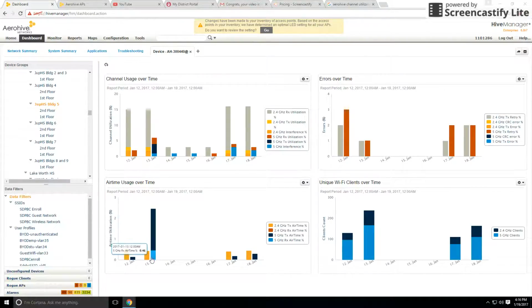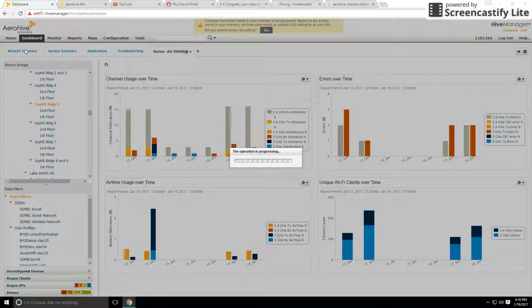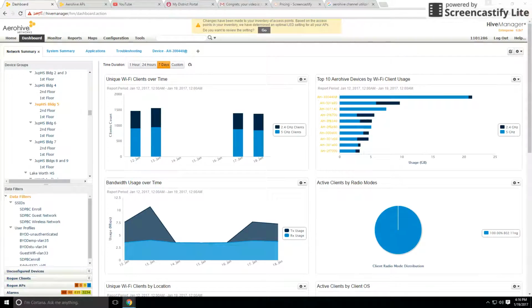lot of utilization on the 13th, January, Friday 13th. It's also backed up by the fact that we had a lot of unique Wi-Fi clients there. Remember that these would potentially be different students that moved in and out of the room over the course of the day. But it's still interesting to look at those graphs and to drill down into a specific access point. It's just an example of something that can be done. If we go back to the network summary tab that we were looking at before,